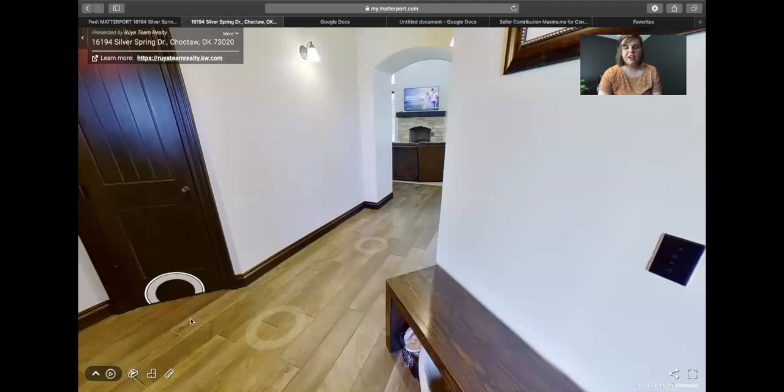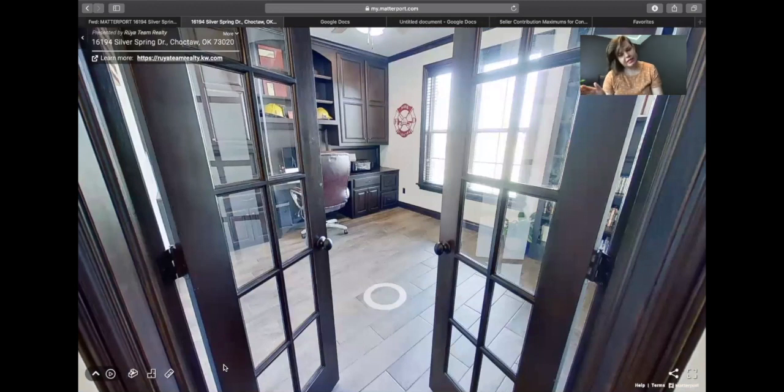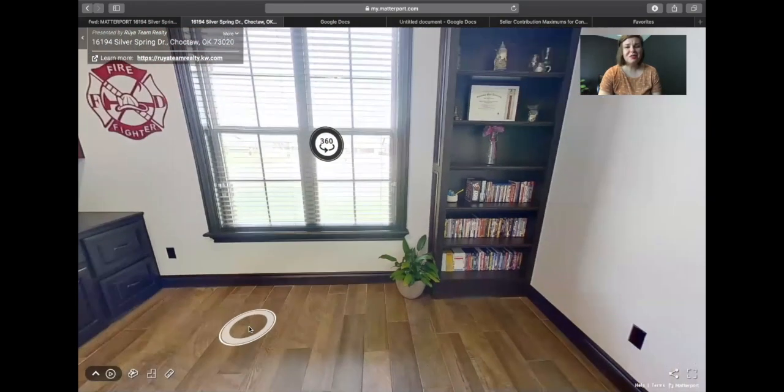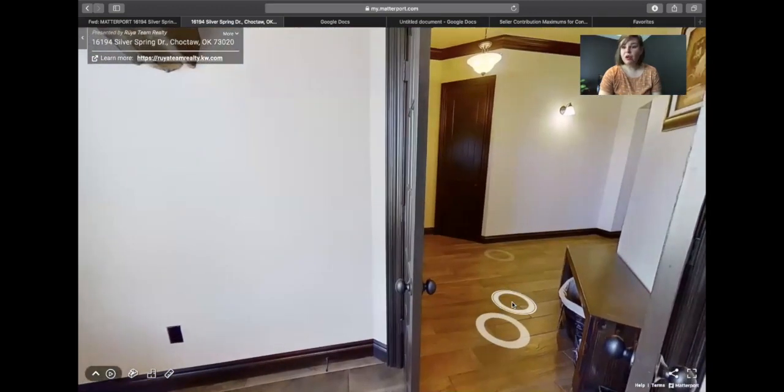But right in front of us here is a coat closet. Immediately as you enter the front door on the right is the study. The study has some built-ins. It has this beautiful wood-like tile, French doors, of course, and it's really spacious for being a study, and it has this amazing window. Going back into the hallway,